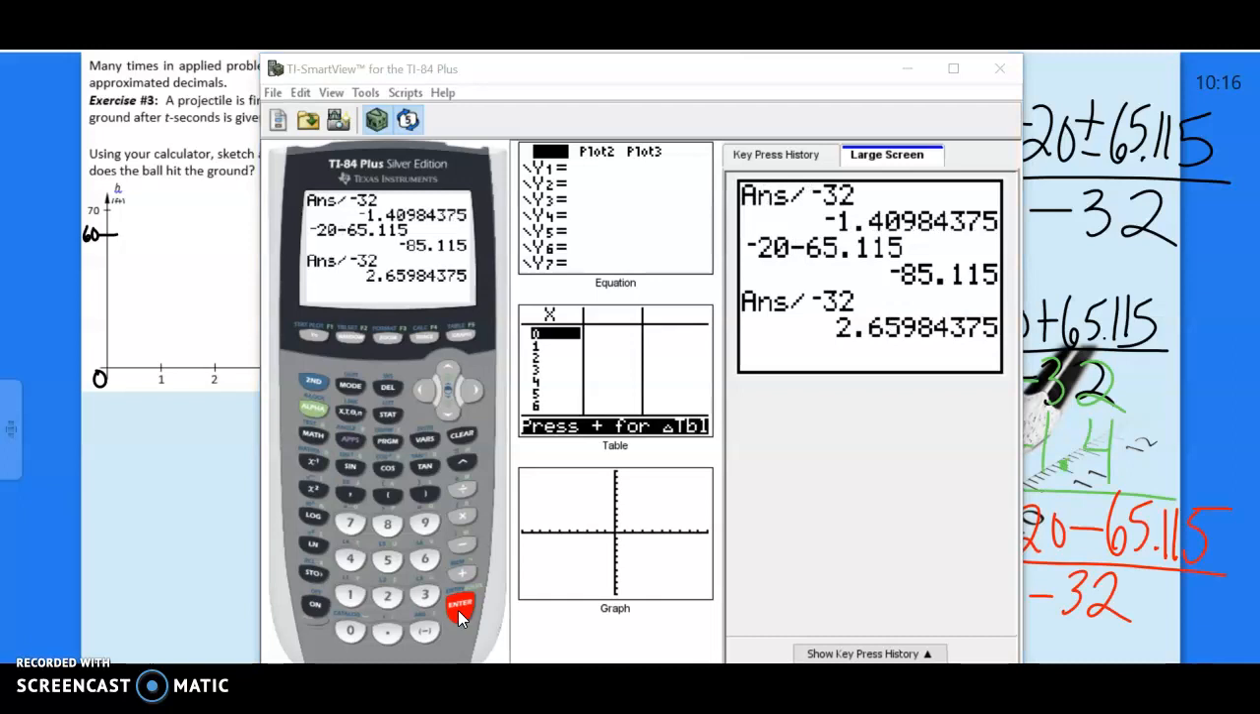So the next time you do this, you have to subtract the two numbers and then divide by negative 32 to get 2.6598. Round that answer